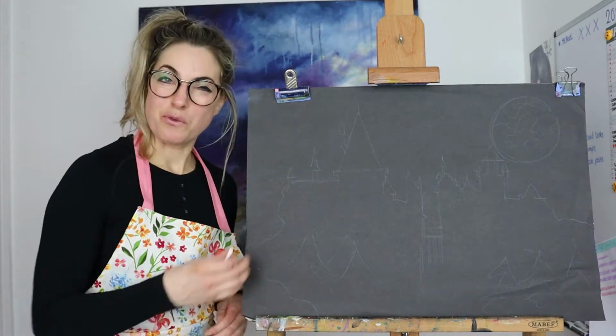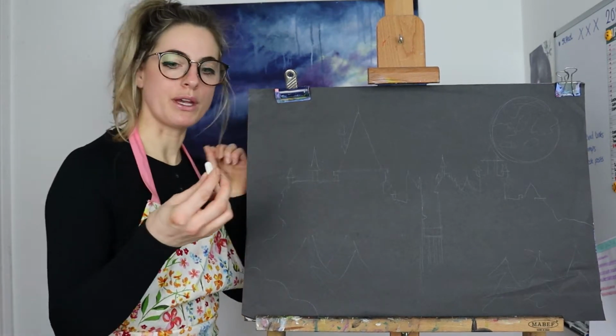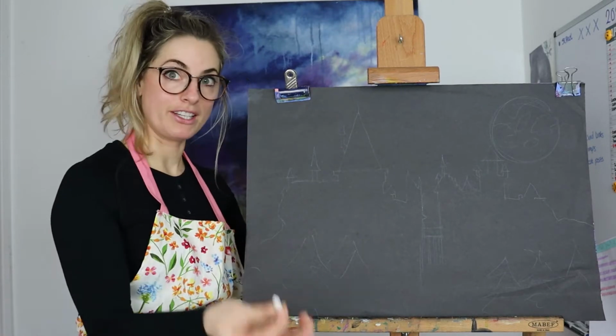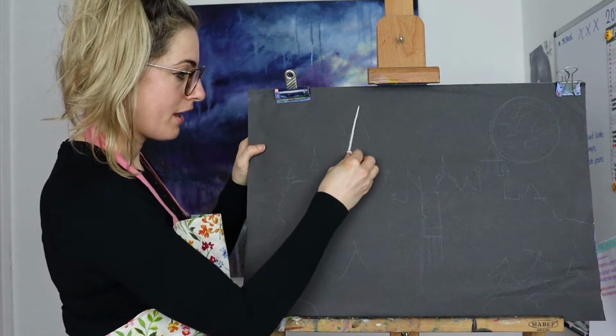You could just do this with white paper and just create the silhouette with the black paint. So I'll show you what I mean when I start colouring in. So I'm going to draw with the white chalk. Okay, so all I'm going to start off with is,